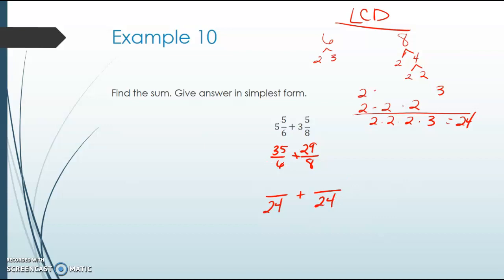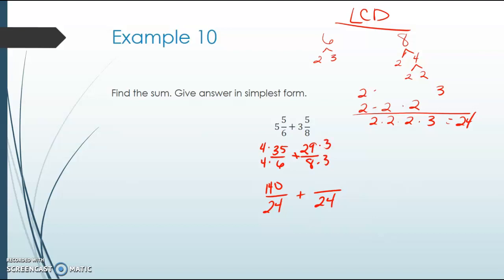And so I just have to ask myself, 6 times what is 24? Well, the answer to that is 6 times 4. So then I'm going to take 35 times 4, and I get 140. So I have 140 over 24, and then I know that it's 8 times 3 that gives me 24, so